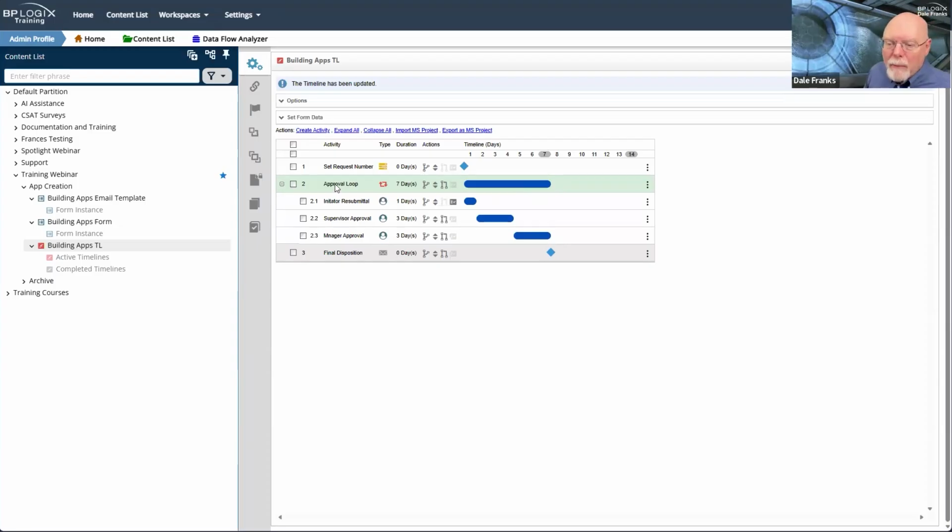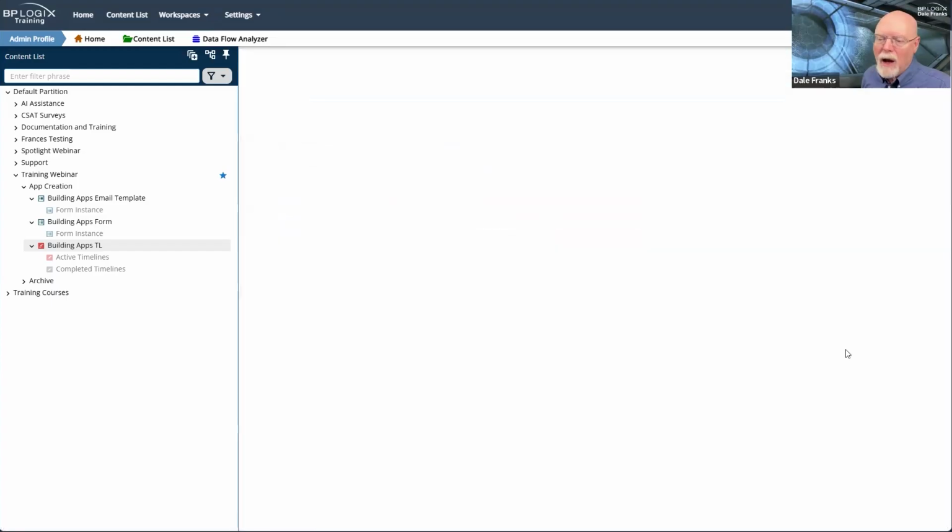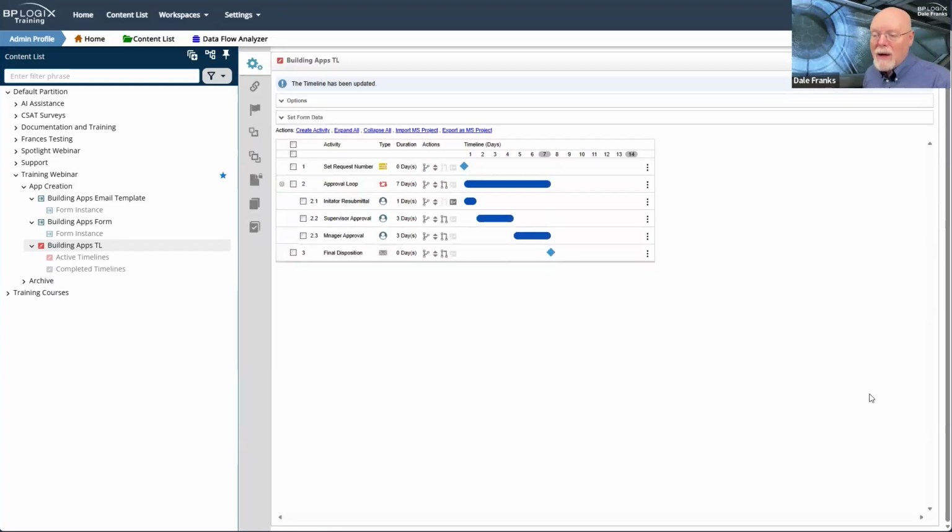So when I have a loop, a parent approval loop, in general, we want to use that parent approval loop to be dependent on predecessor activities, and we want it to be the successor activities of any outside non-loop activities that might follow it. So we now have a complete timeline, which I am going to update one more time, and which, of course, we are now going to need to test.